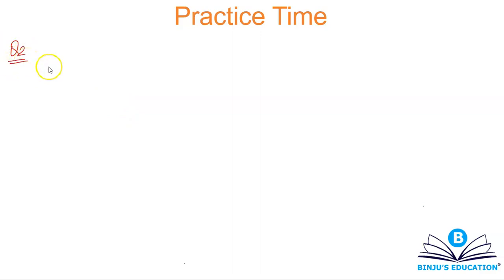Okay, so the next question is, you have an equation 1 over x is equal to x divided by 2x minus 1. You need to predict the nature of the roots. Alright, so go ahead, pause the video and attempt the question yourself. Alright, let's try this one.